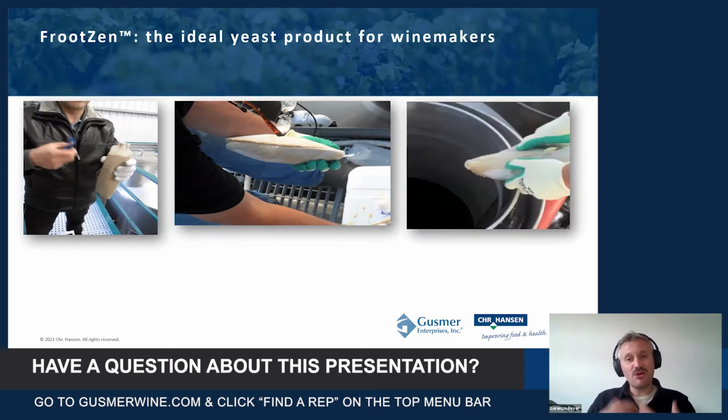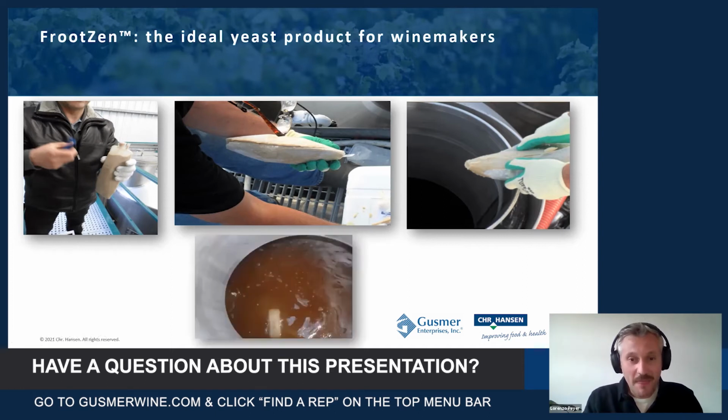You can take this block out maybe 15 minutes before you want to inoculate the tank. You need to cut the plastic off, and then you can basically let it drop in the fermenter. You can see it there floating. Another way to do it is to leave it more time, like 1.5 or 2 hours at room temperature. This yeast will liquefy, thaw completely, and then it can be added as a liquid to the tank.